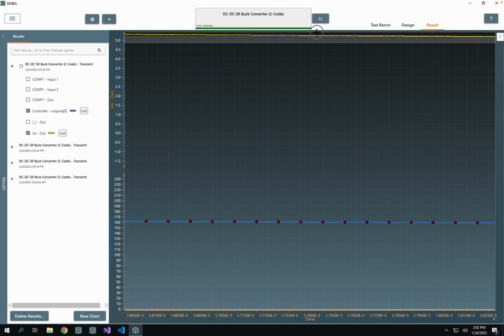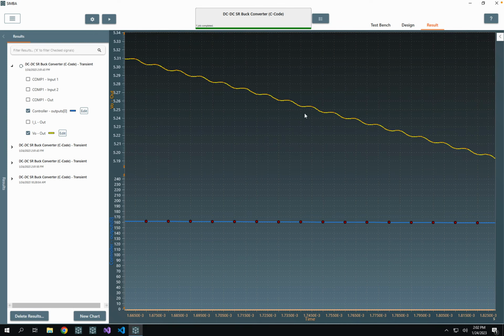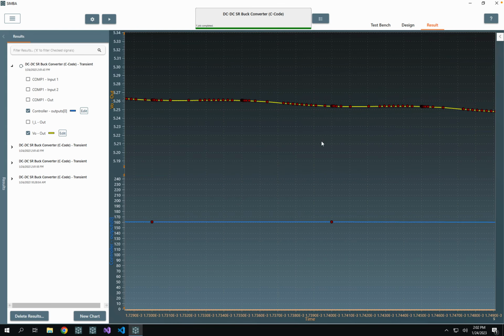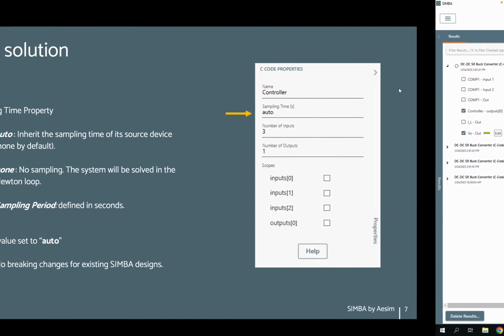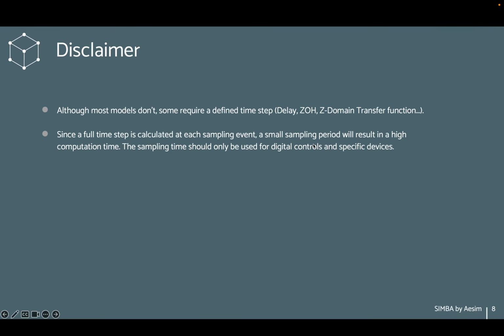While this one here, it's hard to see, I will zoom maybe a little bit more, uses a way smaller variable time step. So this is why we have called this feature the multi-time step solver. This is because in one simulation, you can have signals that have different steps. The first application of this is, of course, this digital control, but we have other ideas in mind that we will use in a later stage. So if I go back to my slide,